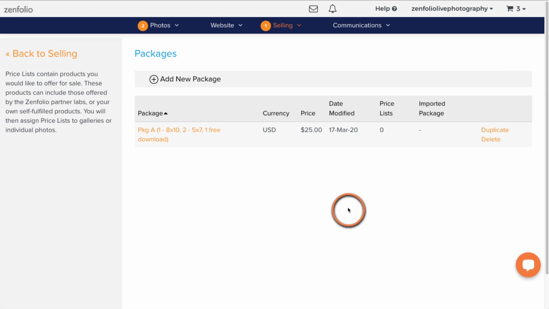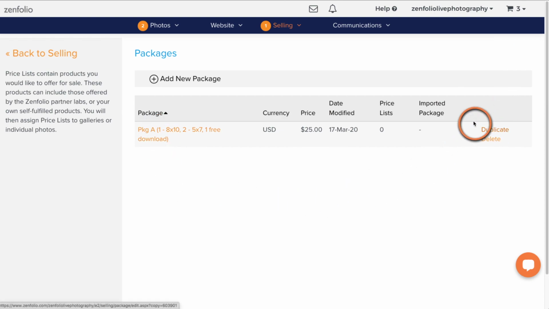Now, unlike digital products, we had to go ahead and put a price on this. So if you need to offer this same package for a different client at a different price, you'll need to duplicate it and change the price. And if you're going to do that, when you duplicate it, make sure that you modify the package name just a little bit so you know that that is the one with the different pricing.